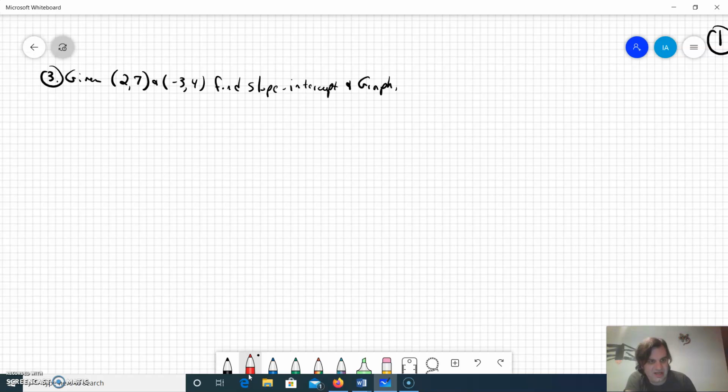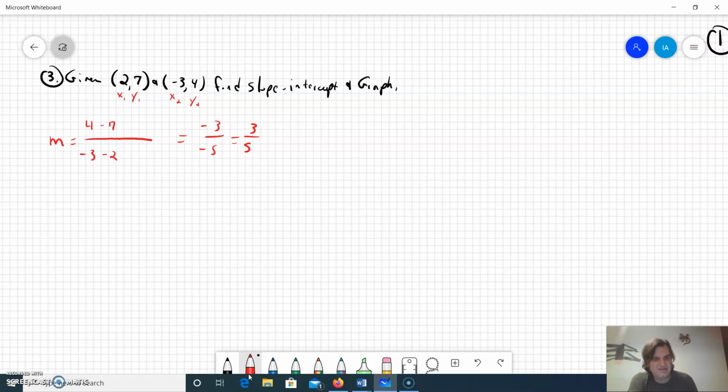We have 2 as x1, 7 as y1, negative 3 as x2, 4 as y2. So our slope formula will be m equals 4 minus 7 over negative 3 minus 2. So that gives me negative 3 over negative 5, which I can cancel those negatives out,